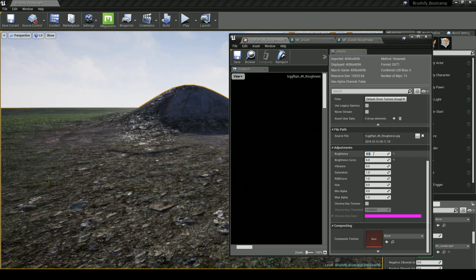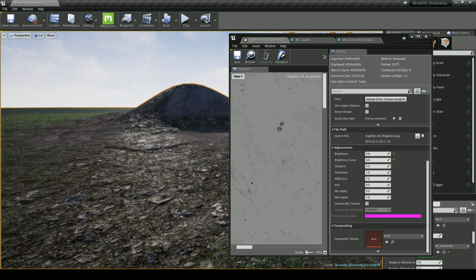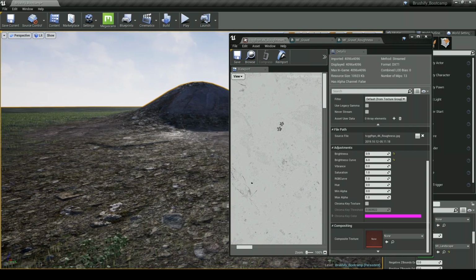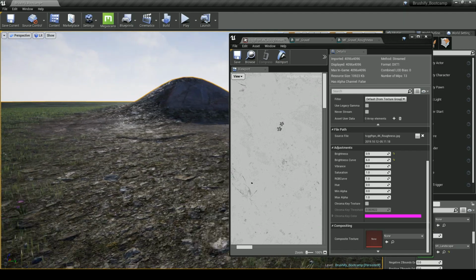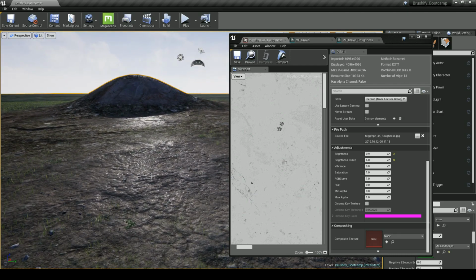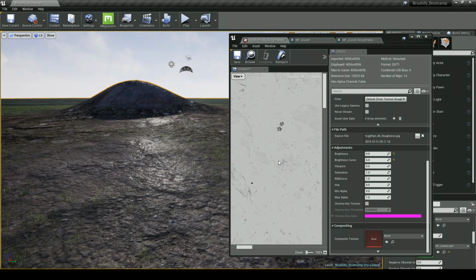But yeah, I think it doesn't really suit this kind of material. So maybe turning it up a little bit more gives it a very specular look. And just keep going up with the brightness until we get to a comfortable middle ground where we want it to look slightly rough. We want it to look maybe a little bit shiny, but we don't want it to have this super polished wet look. Okay, and then I'm gonna go a bit crazier with the roughness because